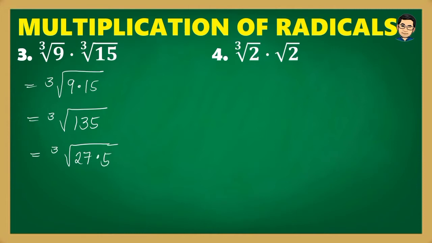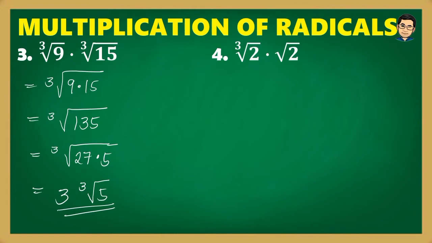And then pwede nating extract yung cube root ng 27. Cube root of 27 is 3. So our final answer will be 3 cube root of 5. Next, ito yung sinasabi ko kanina, yung unlike index or indices. Since yung una nating factor is cube root and then square root yung pangalawa,